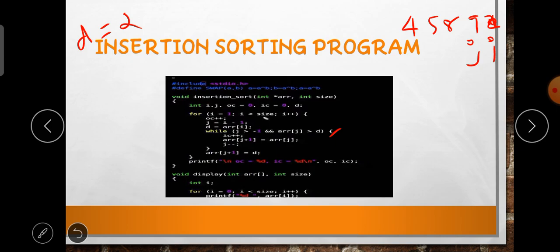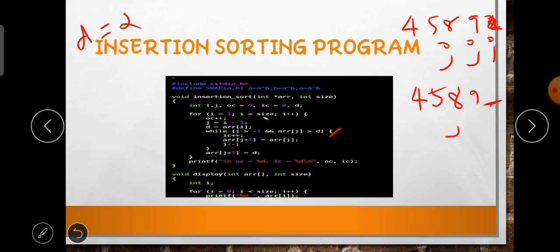Array of j plus 1 is equal to array of j. So j plus 1 is I, so array of j is 9, and that 9 is pushed back here, and after that j minus minus is going to be 8. J is going to the 8. Then what is here means 4, 5, 8, 9 and 2. For that, here is the empty place only, after that I push that, as I told.